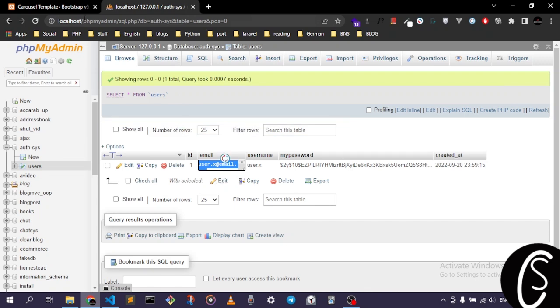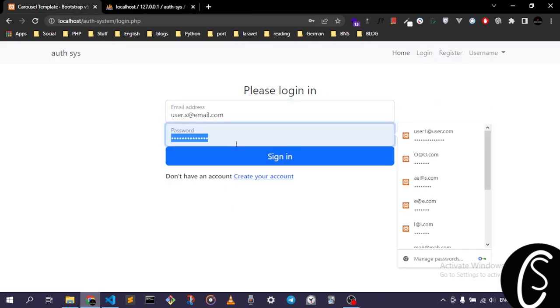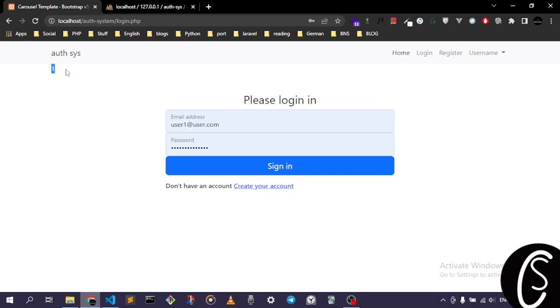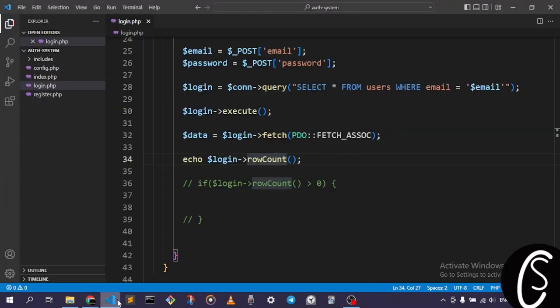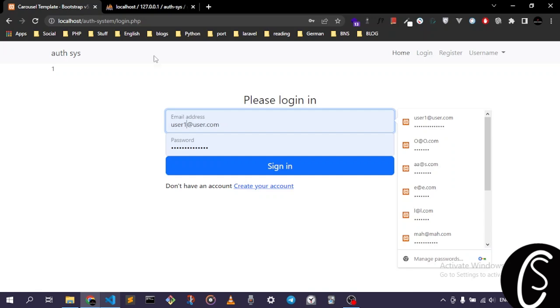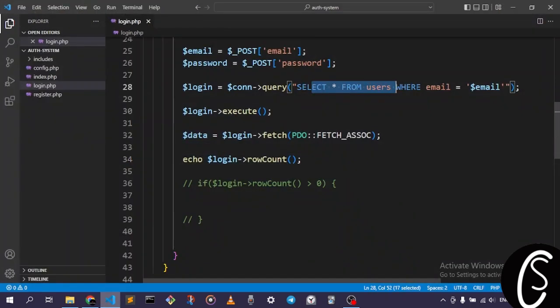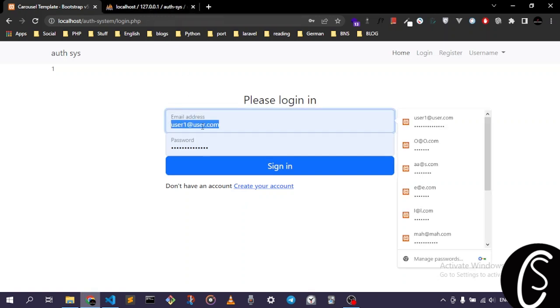So if we copy this email, and go down here, write in any password, just anything, and say sign in. You can see that's giving us the number one down here, which means that we actually have an email like the one we entered in our own database, and that means that it affects one row in this query. This query is affecting only one row, but if we enter any kind of email that we don't have, let's say